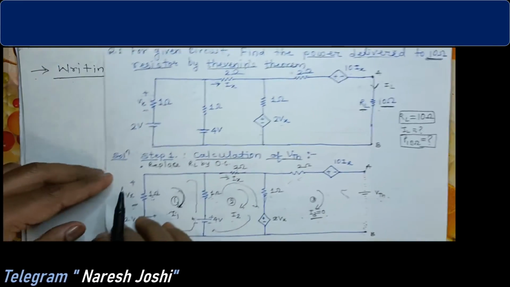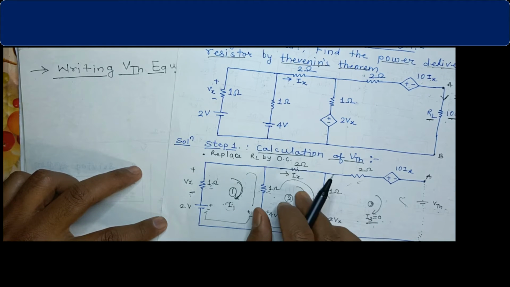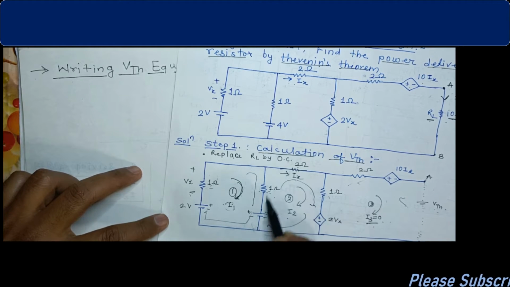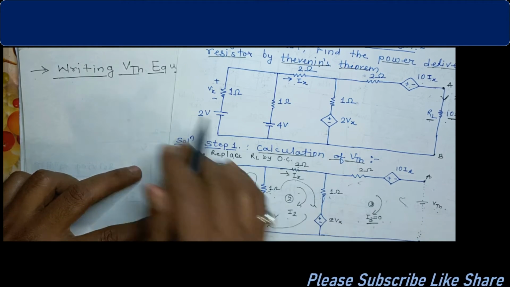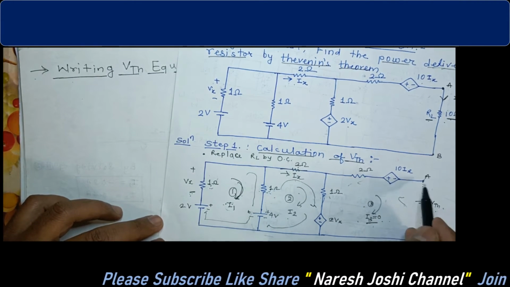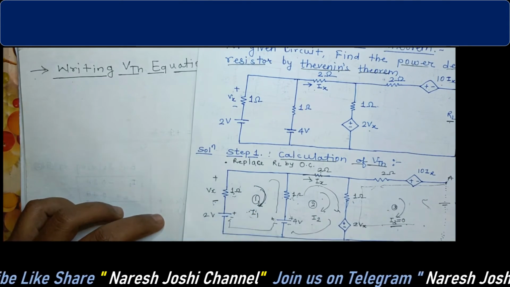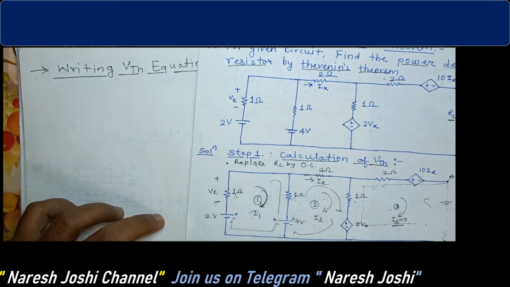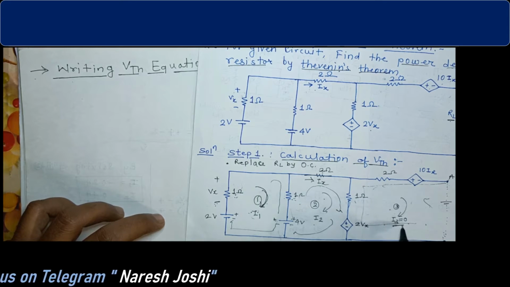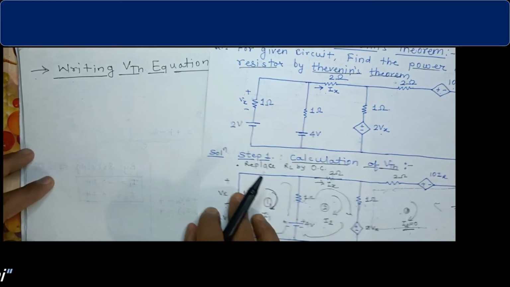So now we have to use this loop as it is, whatever we have to write down in mesh analysis. Same method. What is the same method? Whatever we followed for mesh 1 and mesh 2, same method we have to apply to calculate the VTH. But if we do not consider this as a mesh, then we have to follow this path. I have seen many students make mistakes over here, so that's why I found a different method. You can consider this as the virtual mesh, that is mesh 3, and the value of I3 will be 0 because it is open circuit. So using this virtual mesh, you can write down the equation.